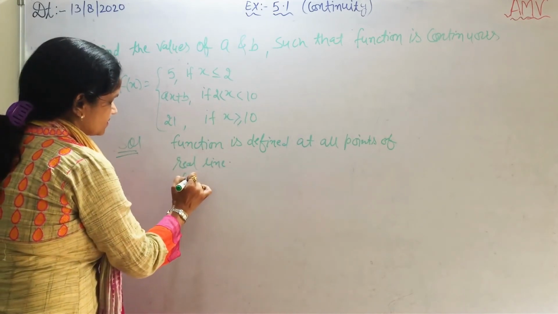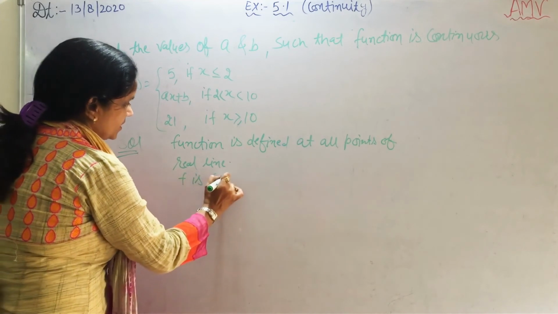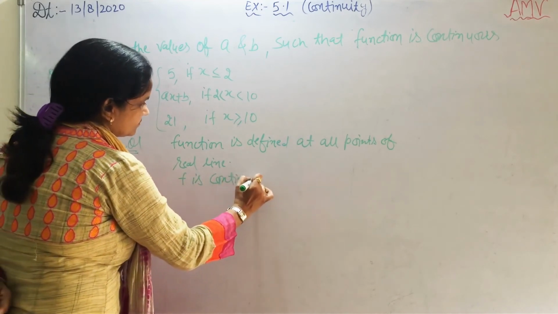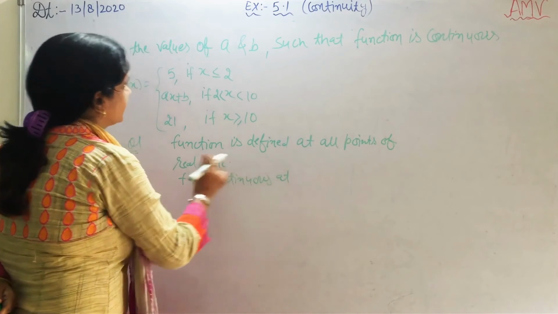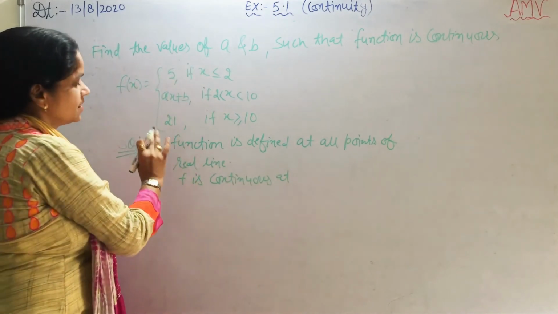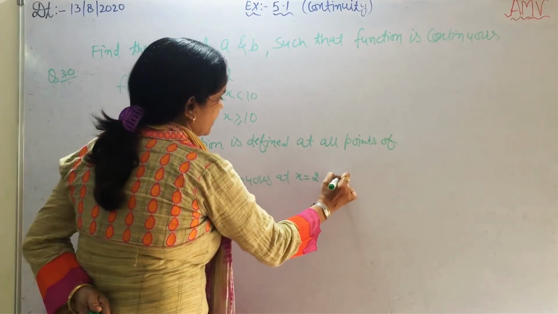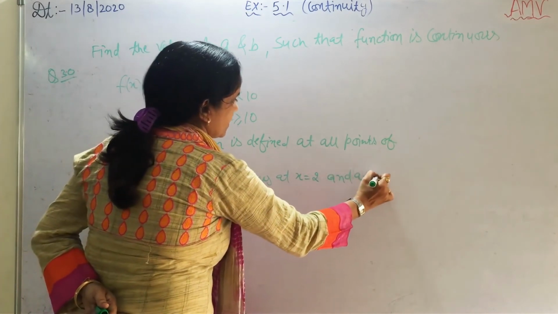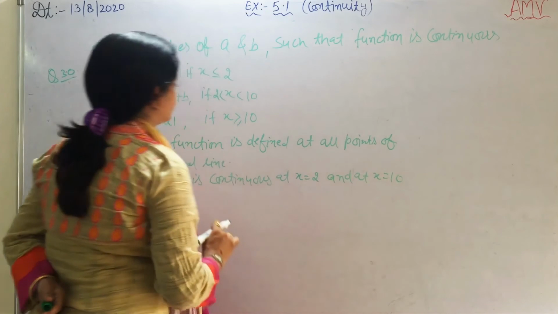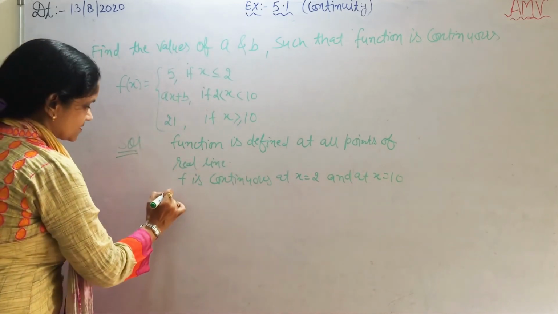Here it is given the function is continuous at x is equal to 2 and at x is equal to 10. Okay, so first case,